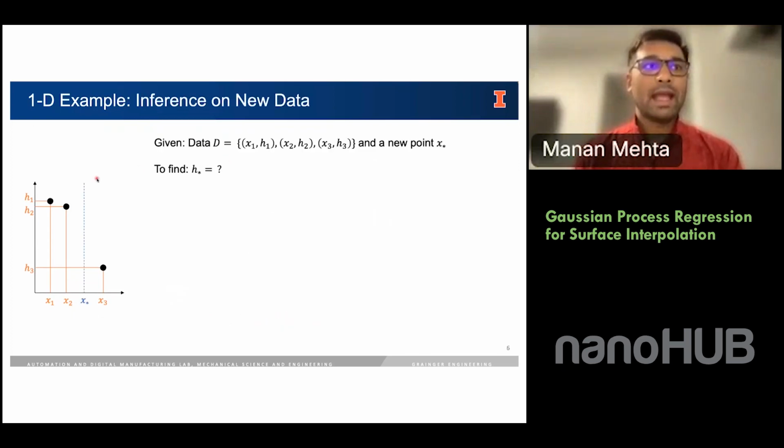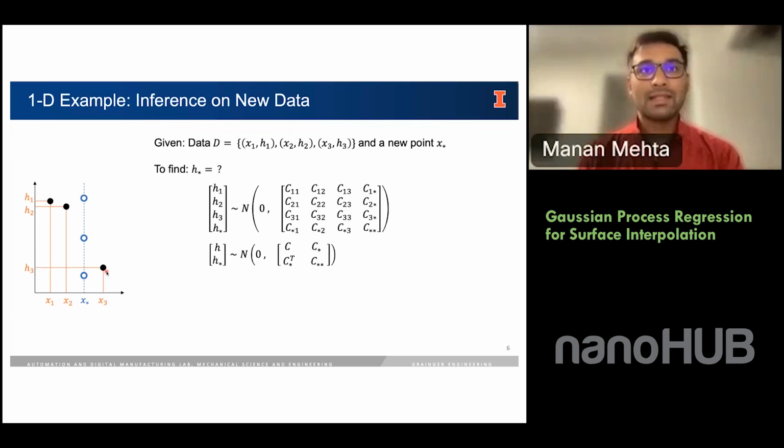Next, say I have this observed data and I have this unobserved point x star, and I am asked to calculate the height, or the expected height, at that point x star. In order to do that, say I give you 3 possible points, 1, 2, and 3. Then most of us would intuitively pick point number 2 as the best candidate. And the intuition here is pretty much what it was in the earlier slide, which is that because x star is in the middle of x2 and x3, then h star can fall somewhere between h2 and